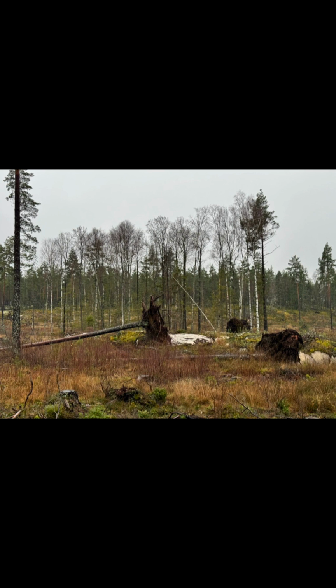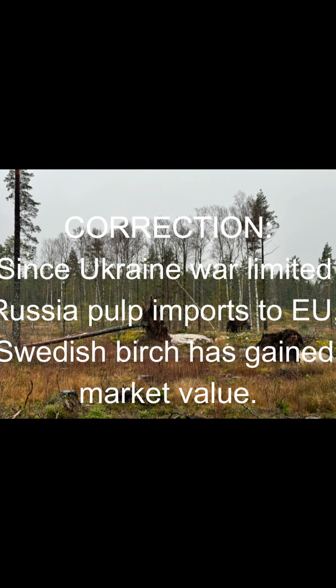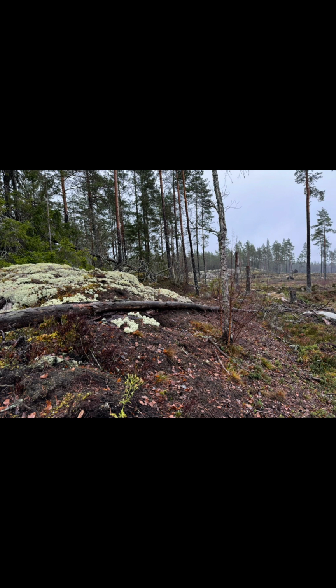The majority of forest land is certified to FSC or PEFC, which results in some minimum retention requirements of spruce and pine, often wind-thrown here, and also some shorter-lived birch, which usually only sells as low-grade pulp. Other areas that are typically retained include these patches with white ground lichen, which often indicate poor site quality and